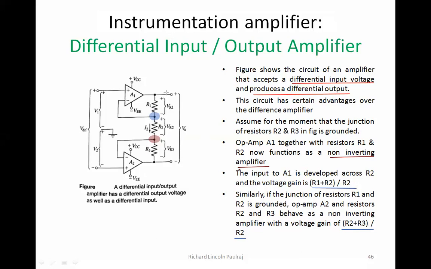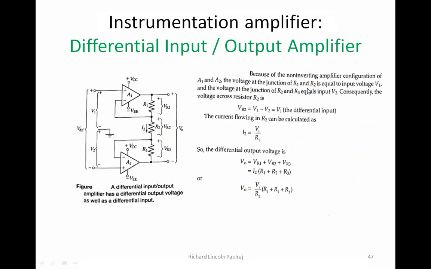The main thing that you have to understand here is that in the feedback loop you have R1 here and R3 there, and how your equations are going to change when it's connected to ground. That is what you have to understand. Now let us look at some equations. I have brought forward the same figure, and we'll see how this figure and these equations hold good.